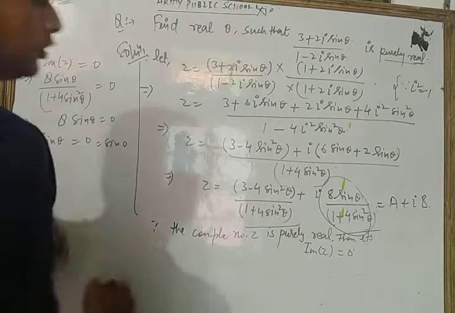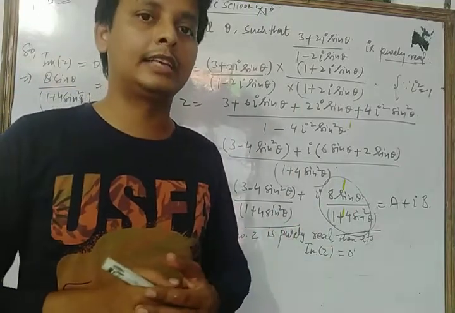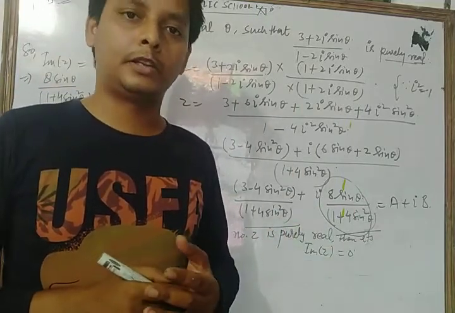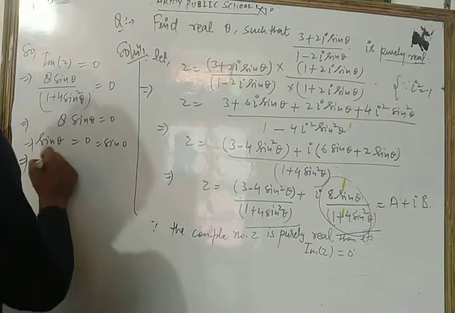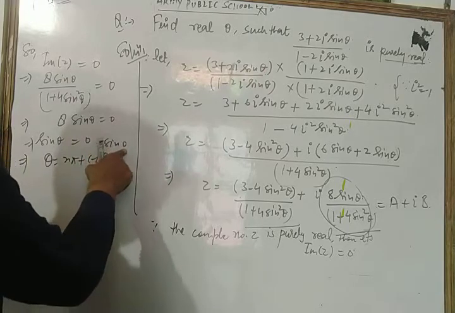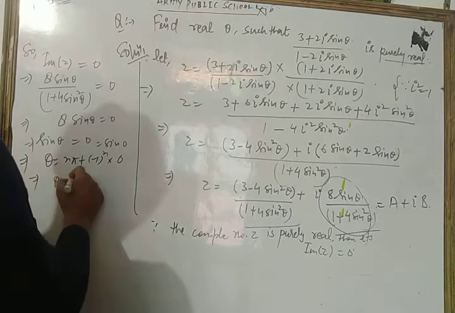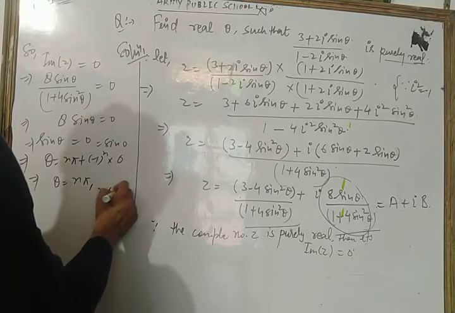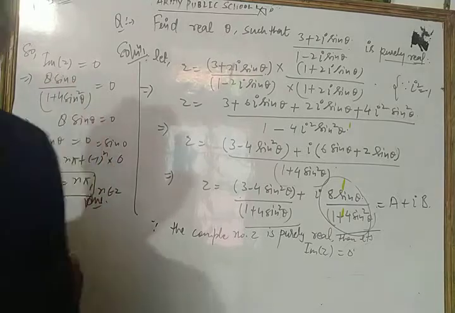So the general solution of the trigonometric equation of the form sin theta = sin alpha is theta = n pi + (−1) to the power n into alpha. So here we get theta = n pi + (−1) to the power n into 0. Alpha is 0 here. So we have the real value of theta as n pi, where n belongs to integers. This is our required solution.